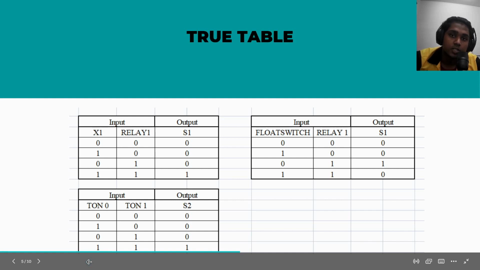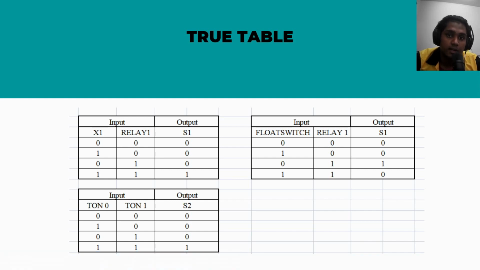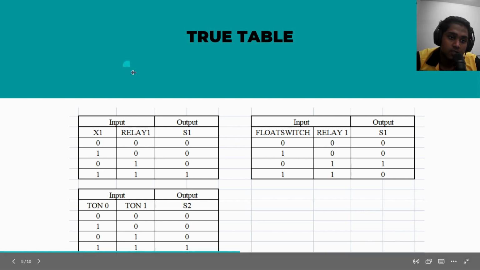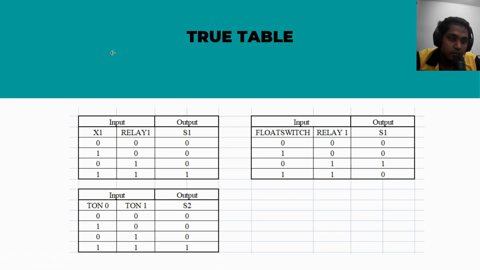Greetings, Doctor. My name is Shankar anak Subramaniam, matrix ID AE190090. From the previous section, we saw Tan demonstrating the PLC circuit, and for this part, this is the truth table with inputs and outputs. The first table shows X1, relay 1 and solenoid 1. When X1 is 0 and relay is 0, the switch is 0. When X1 is 1 and relay is 0, it doesn't open. If X1 is 0 and relay is 1, it doesn't open,